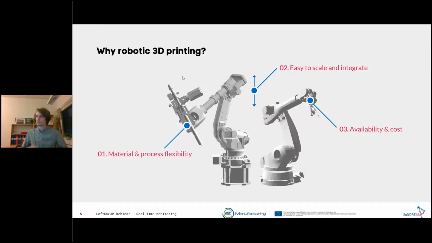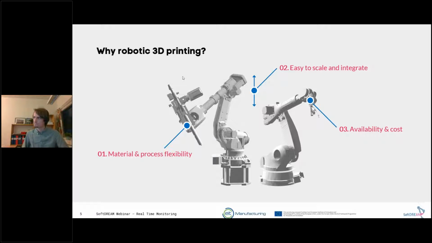So you have this flexibility. You also have flexibility in terms of scale. Robots come in every size. You can put them on a track motion rail. You can use them with a rotation table. So you have very much flexibility in the setting that you can put your robot in. This means that you can also place it into a production setting where you might be interested to have additive